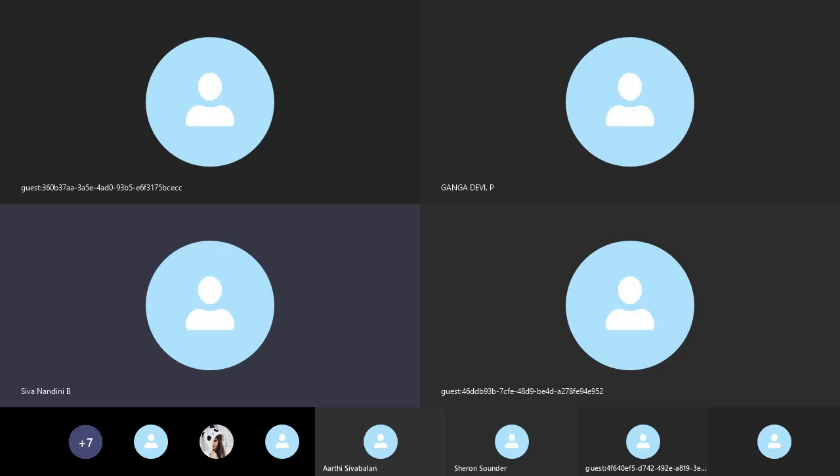Attribute-value pair means, look at the example figure provided in slide number 5. See, we have name, type, path, items. So these are the attributes. And the value of the attribute name is DCIM. The value of the attribute type is folder. Likewise, we have attribute and value pairs in JSON format.